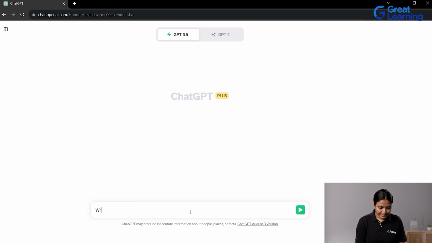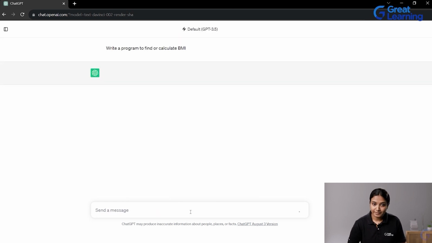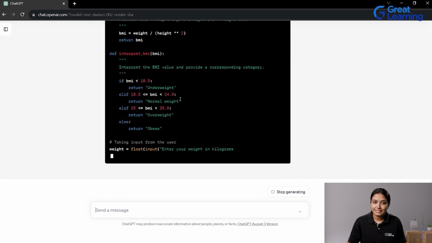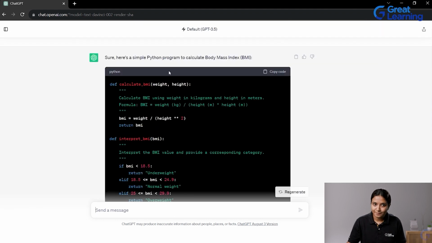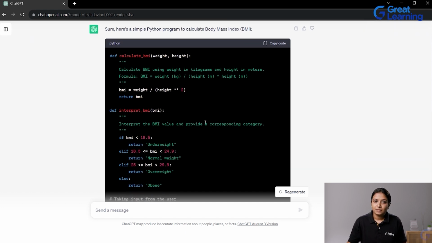Now, let's execute the first task which we listed, that is, write a program to find or calculate BMI, right? So I'll press enter, and let's see, it is giving us directly a program in the Python programming language. How do you calculate body mass index, that is BMI, right? So this is how the program looks, and it will give you in the comments what it is doing,